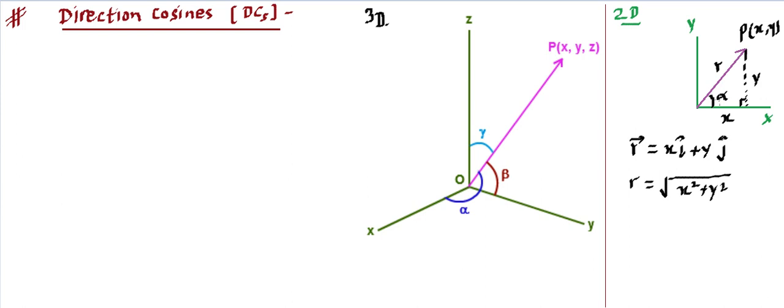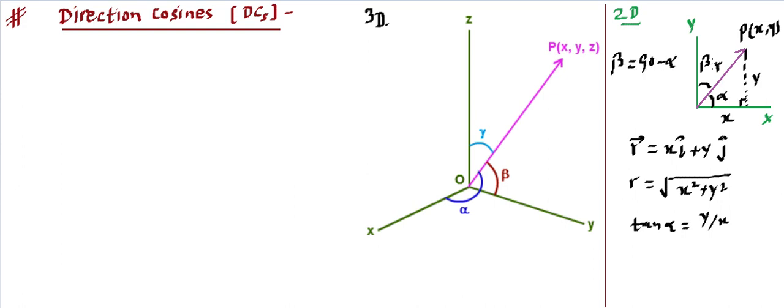So what this alpha is going to be, we generally find tan alpha. So tan alpha is equal to y divided by x. That's why we use it. Now once we got this alpha, the other angle is automatically known to us, because if alpha is the angle with the x-axis, what will be the angle with the y-axis? That's going to be 90 minus alpha. Let's call it beta. So we can simply say beta is nothing but 90 minus alpha.